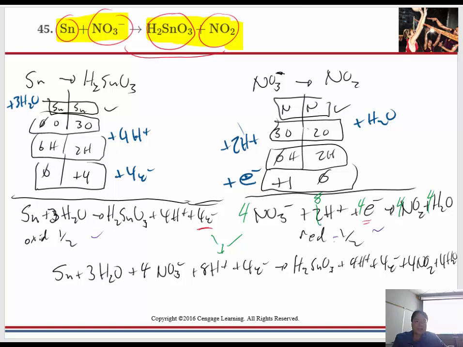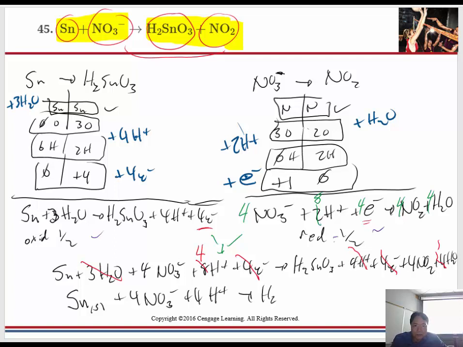All right, now let's go ahead and cancel the electrons. 4 electrons on the reactants, cancel 4 electrons on the products. We can also cancel some other stuff. I have 4 H pluses on the product and I have 8, so I'll cancel 4 of the 8 there. What else can I cancel? Waters I can cancel. I have 3 waters here. I can cancel out 3 here, and that leaves me with 1 water left over. And so I don't think I can simplify anything else. So I'm going to have tin, this is tin metal, which is solid, plus 4 nitrates, plus 4 H+,